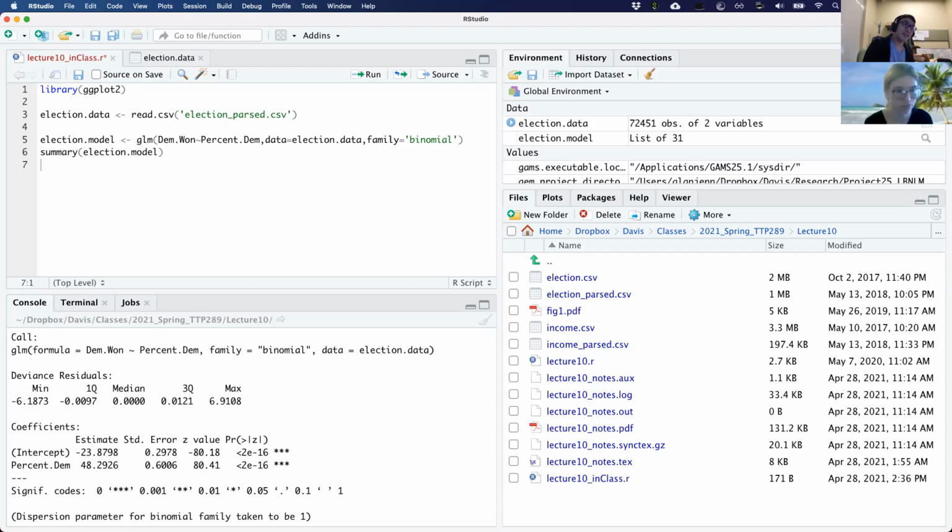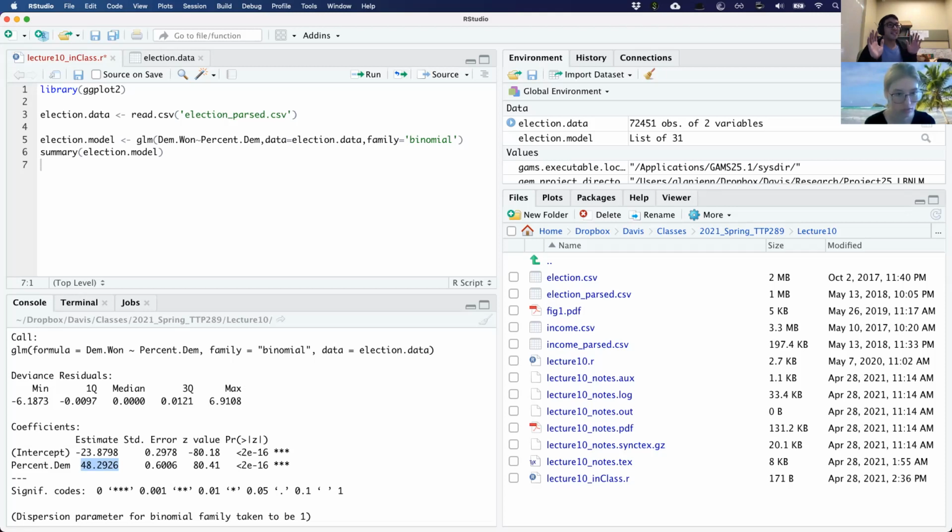If this were like the old linear models that we've looked at, then the interpretation would be something like, for every 100% increase in registered Democrats, the outcome would increase by 48, right?